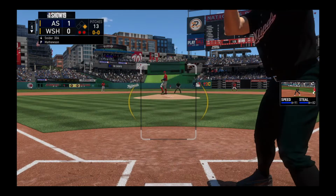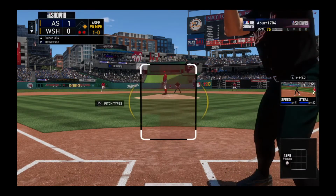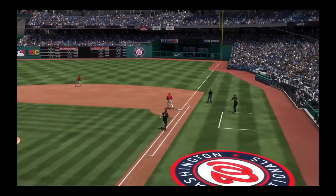The center fielder. Here's the first pitch to him. And he'll miss the target away with the fastball. It's 1-0. That's a great call right there. Fastball away with a guy who's got some jets on first base. And the throw to first is